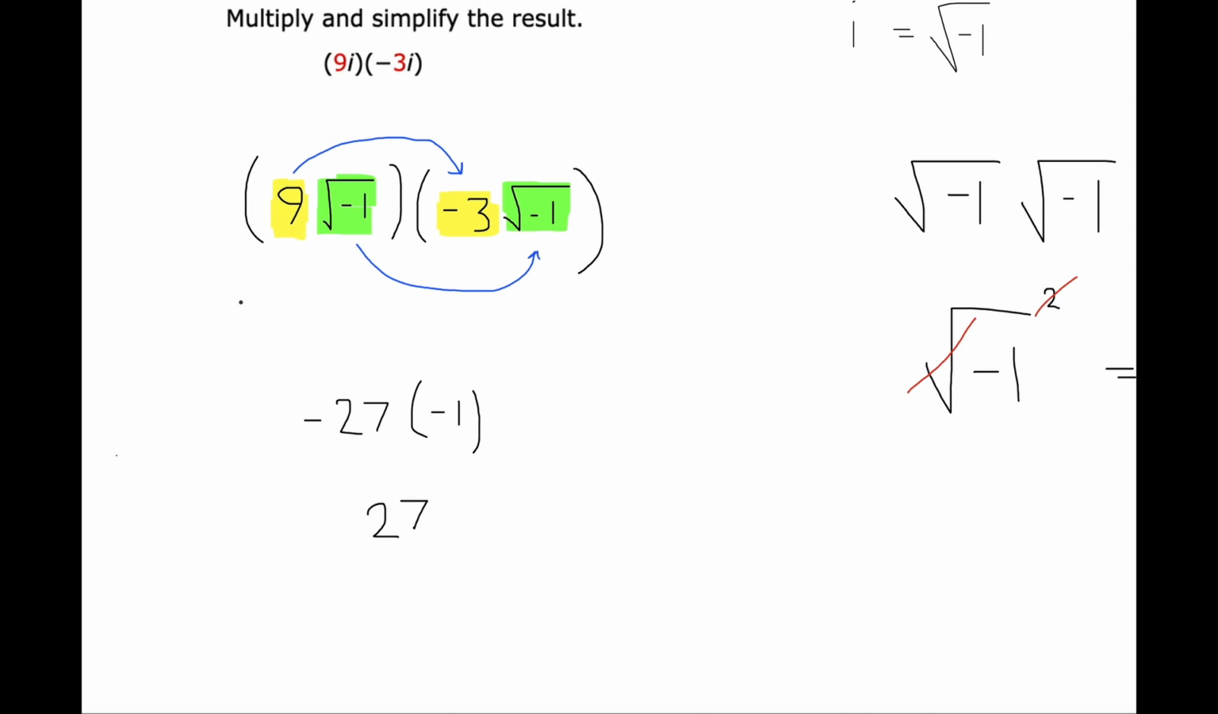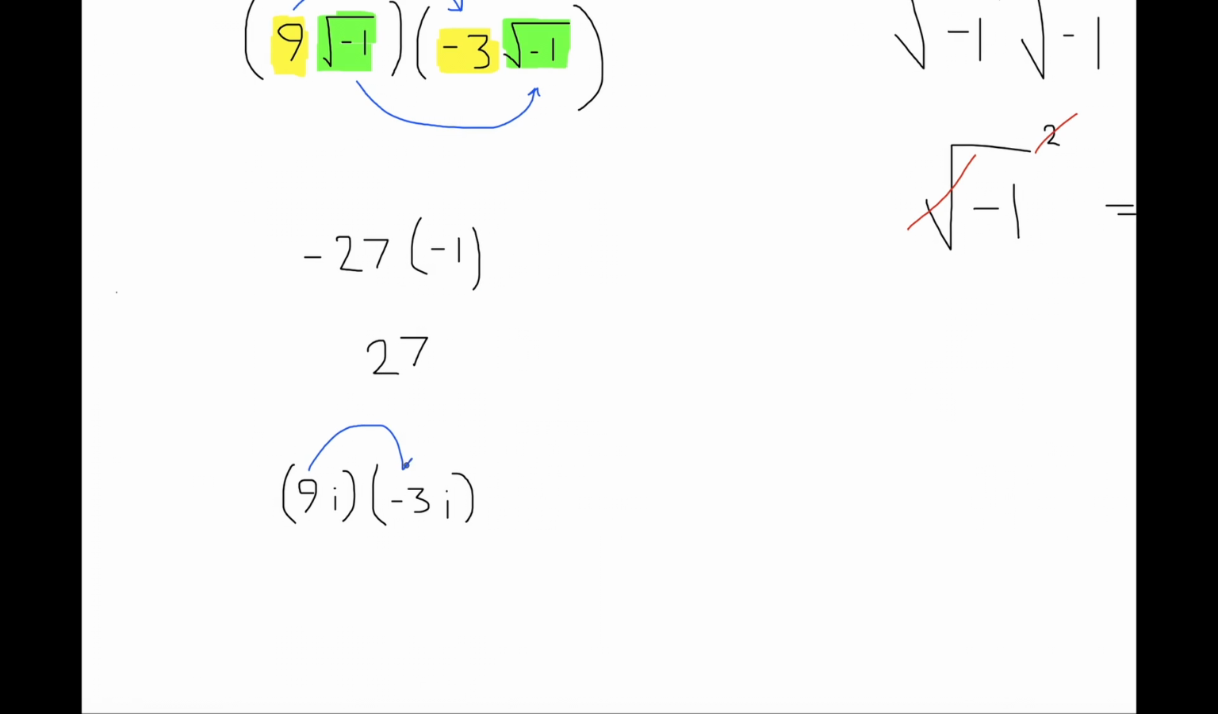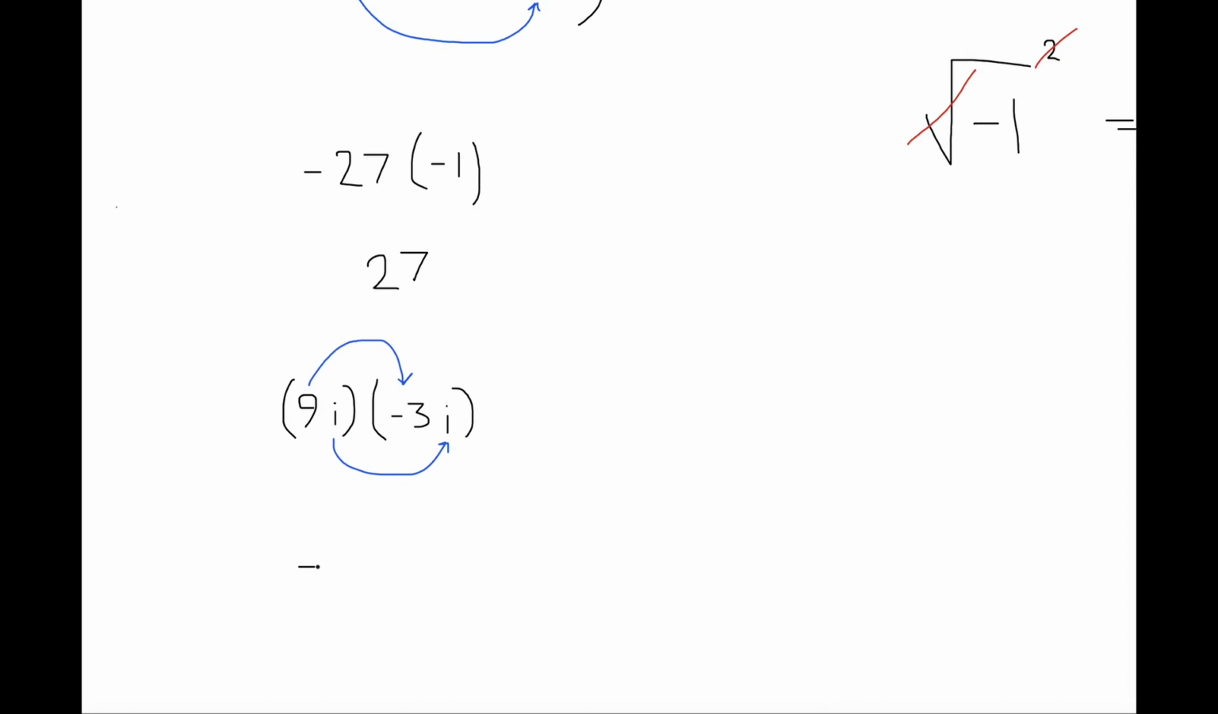Another way of thinking about this same problem is keeping it in terms of i's. We'll do 9i times negative 3i. The 9 and the negative 3 can combine, and the i's can combine. This would give us negative 27 times i